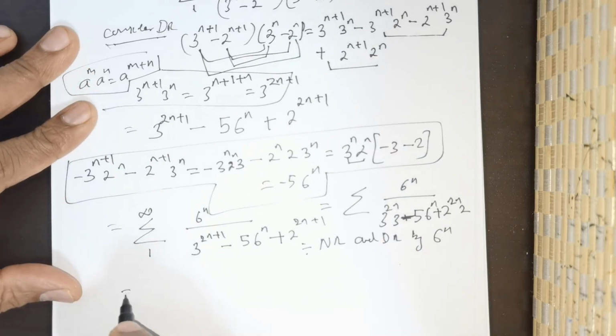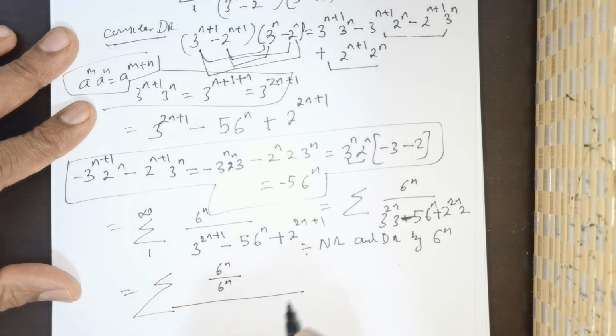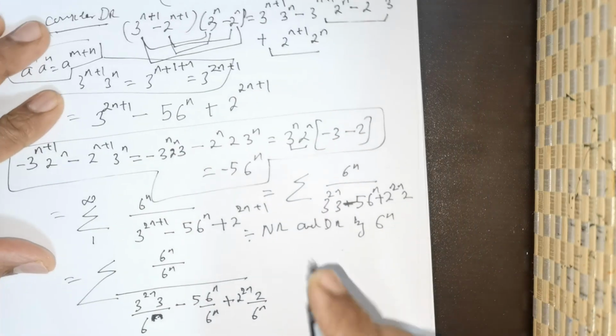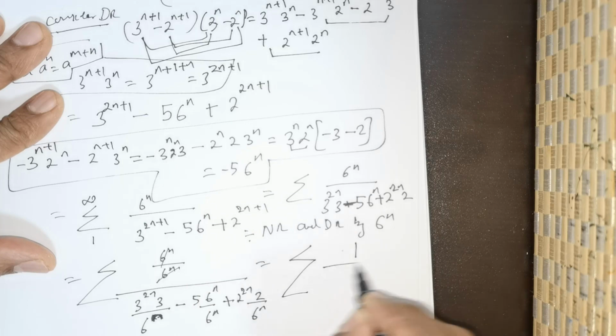So that would give me sigma 6 raised to the power of n divided by 6 raised to the power of n, divided by 3 raised to the power of 2n times 3 divided by 6 raised to the power of n, negative 5 times 6 raised to the power of n, it's actually 6 raised to the power of n, not 2n, divided by 6 raised to the power of n, positive 2 raised to the power of 2n times 2 divided by 6 raised to the power of n. Now this and this can be cancelled, giving me sigma 1 divided by,